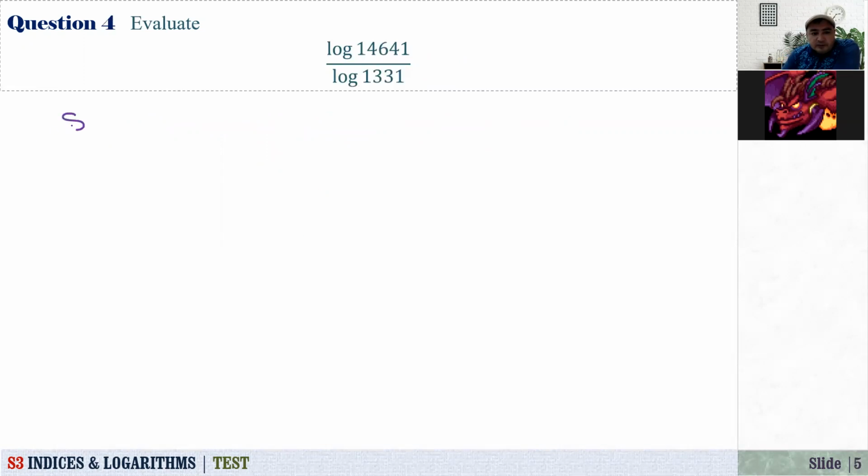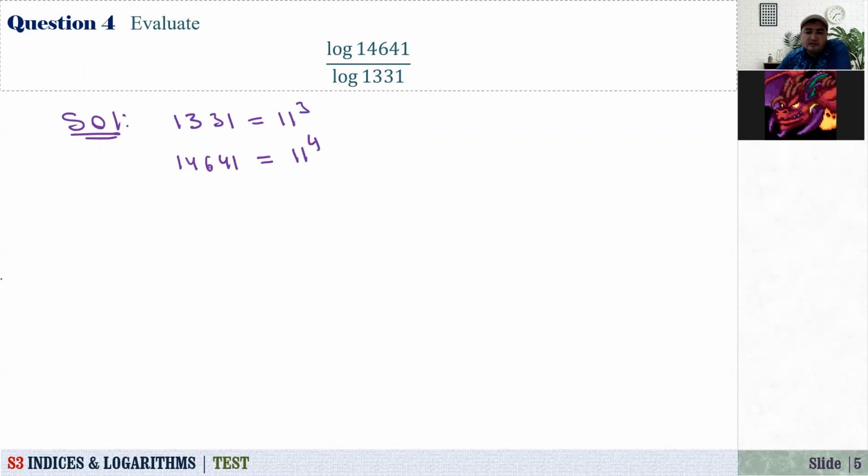Another example. Solution. Logarithm of 14,641 and 13,331. Now from here, 13,331, we know that it's divisible by 11, right? Actually we know that it's just equal to 11 cubed. So how about 14,641? I don't know, but even if you don't know, you can just immediately divide this by 1331. We will see whether it is divisible or not. If you divide this, you will see that 14,641 is just equal to 11 to the power of 4,